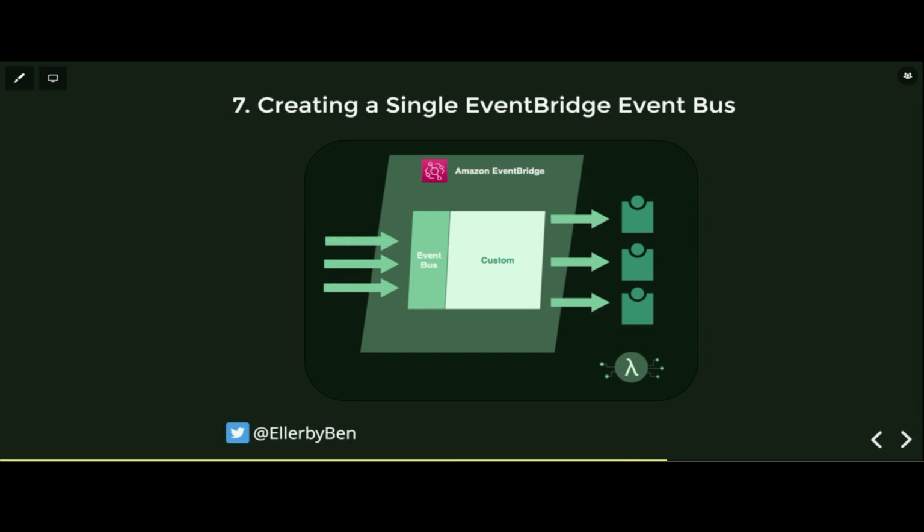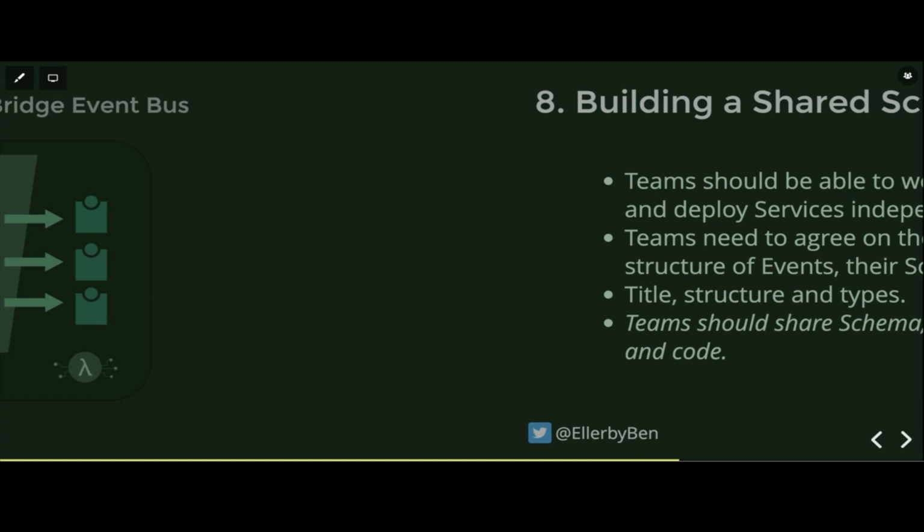So we often say one bus to rule them all in our architectures, because having one bus means that different teams don't have to coordinate in terms of knowing which bus to subscribe to for the different events. Now, you do need to think about things like throughput that's going to happen on this event bus, and it is a bit confusing. Now we have SNS, Kinesis, and EventBridge, and there are some great articles comparing when different ones are useful. But generally in your system, for the business level events, yes, depending on the frequency, but in general, using EventBridge with a single event bus is a great way to build a decoupled event-driven architecture. And if you do have one bus, it really simplifies the coordination between the teams, as once you have a shared schema of events, they don't have to think about the different buses they need to subscribe to, but have one place to pool business events.